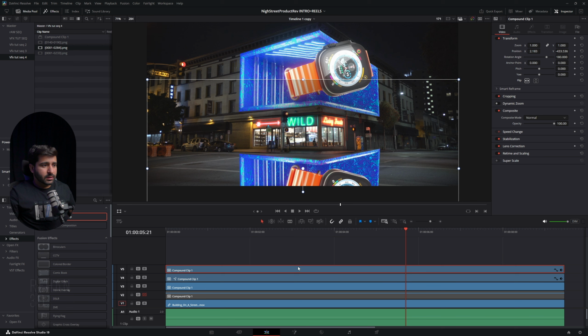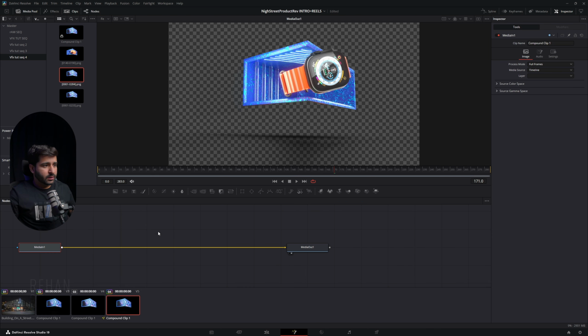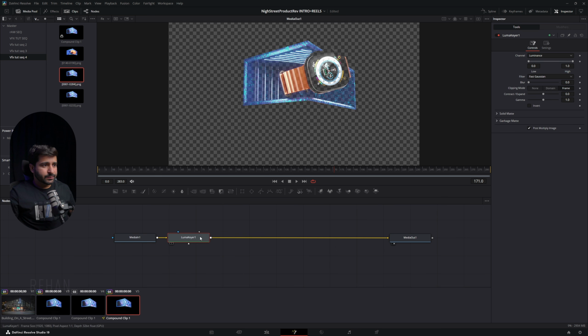Let me go into the Fusion page and open it in Fusion. Let me add the Luma key node again, and make it blur like this.